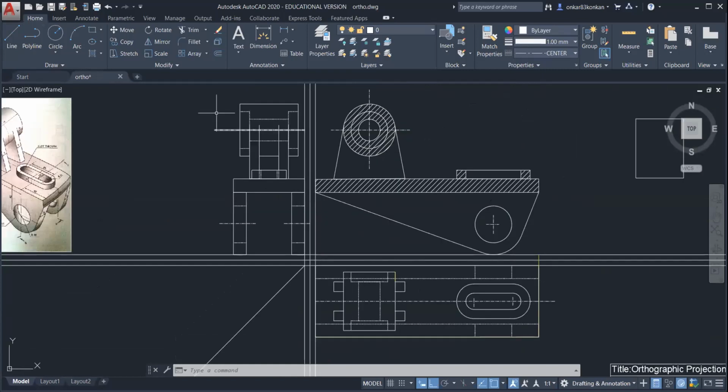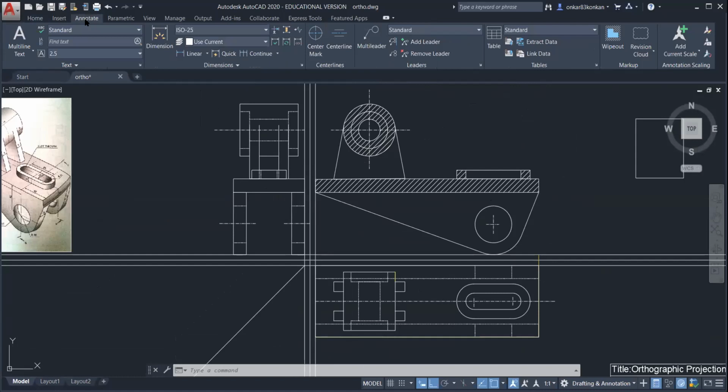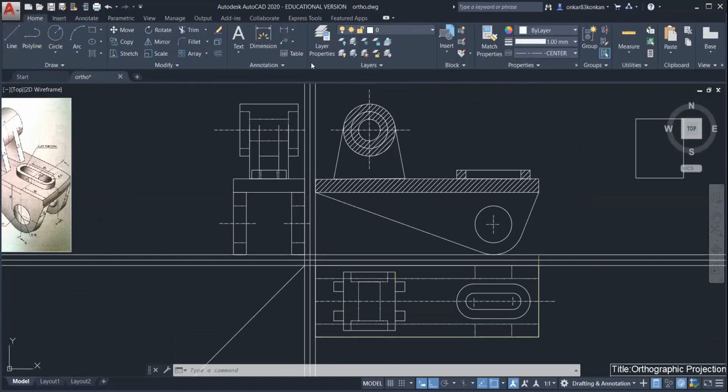Now after this, you can give the dimension. So in the annotation, you can select the dimension, linear, align. Okay.